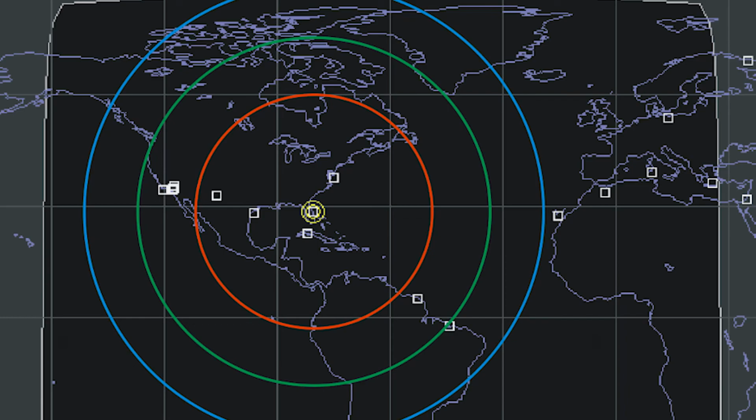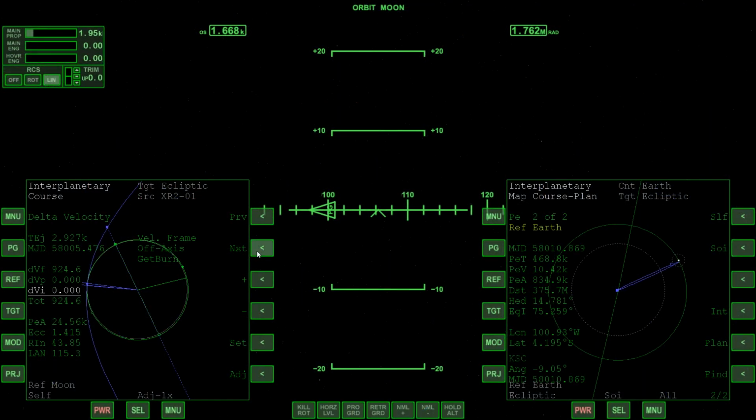So it's more ideal. The blue circle is the outer limit. You probably don't want to come in much further out than the blue circle, because then it's going to be a really long re-entry process, probably a little too comfortable. But the other thing we want to consider is the equatorial inclination. So if you look at the interplanetary map program, above the longitude and latitude coordinates, you'll see EQI, so that's telling us the equatorial inclination.